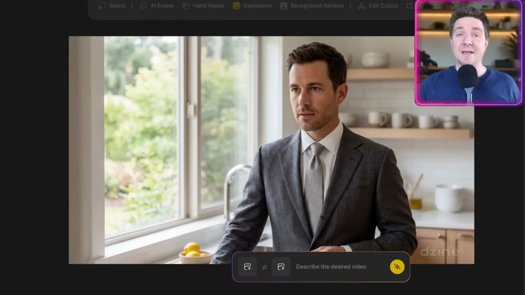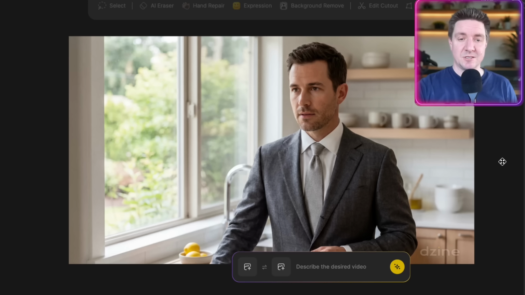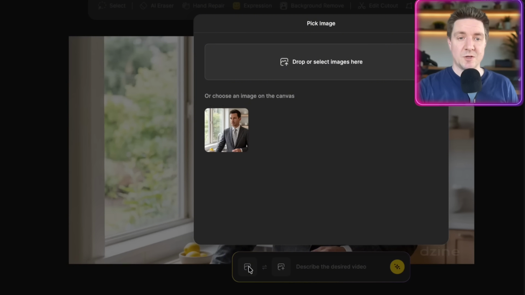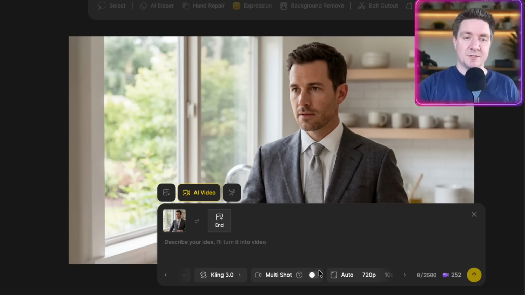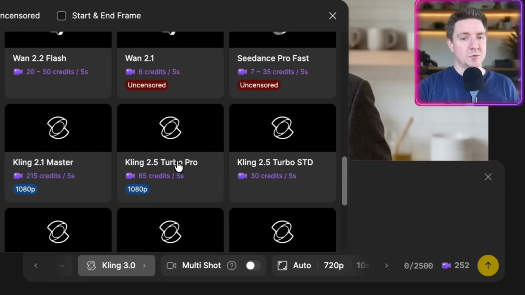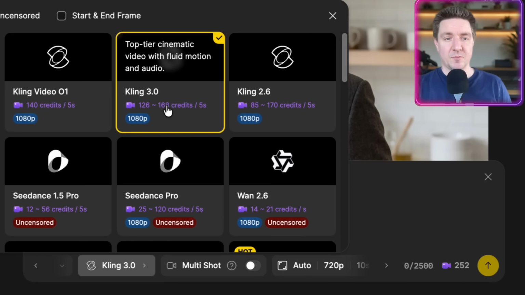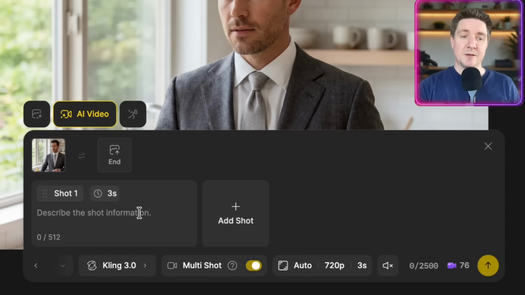Here we are now, and we're back in Dzine, and we've got a gentleman here in the kitchen. And next what we're going to do is bring this to life as a video. So you can go down to the chat box down the bottom here, and you can choose your input image, which is going to be the man here on the canvas. And in here we can choose our model, and they've got all of the models that you can choose from here. We're using Kling 3.0 here, and you've got a choice of multi-shot on,